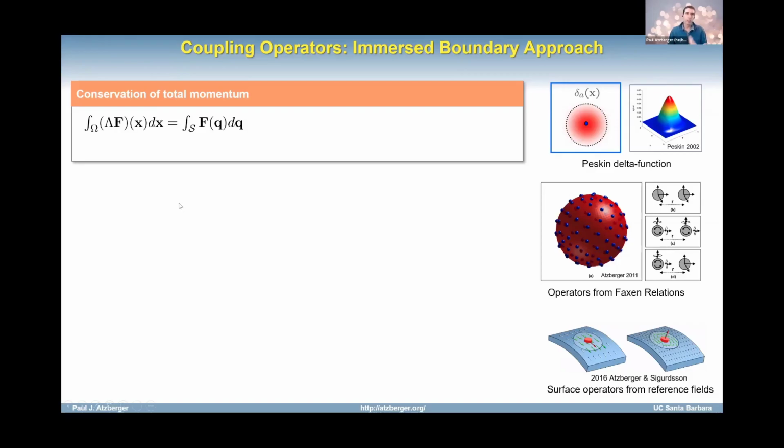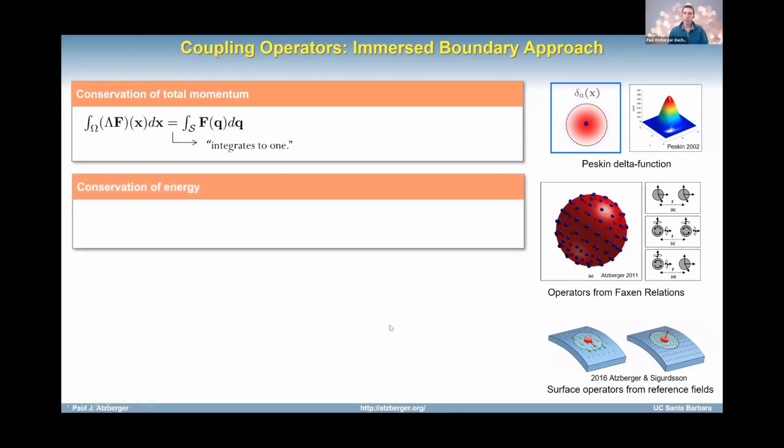And so there's a couple of considerations that we need to take into account with these operators lambda and gamma. Namely, the lambda operator, we're always going to require that when we integrate it over the fluid body, we get back the total force that we had applied to the microstructures. And so I think of that as saying, in some sense, the lambda operator, if you were to break it down into a kernel, that kernel essentially has to integrate to 1 is what that amounts to. So that's one very important constraint.